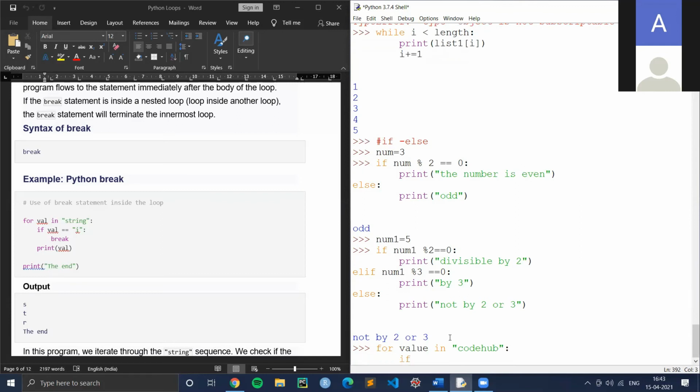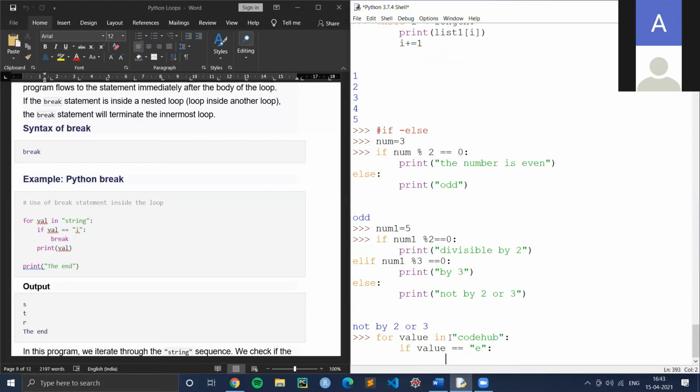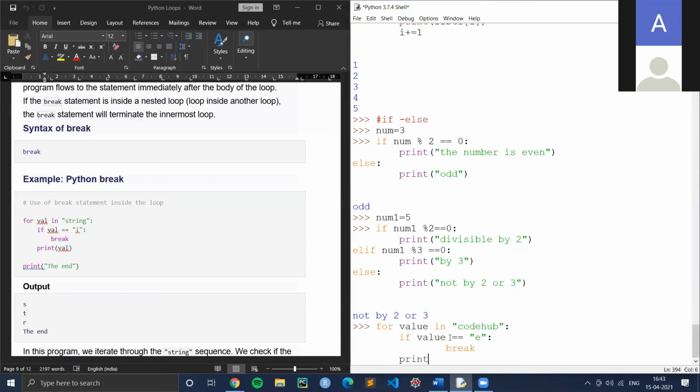What I want is, I'm using now, because I told I'll be providing conditions, right? So my condition is, if my value is equal to, say E, if my value is equal to E, again you have to use a colon. If my value is equal to E, I want it to break. As soon as it encounters E, I want it to break. Okay. And this logic is understood, I guess. And then I'll just print my value. I want my value to print. That's it. Okay. So now just make random guesses of what the output can be.